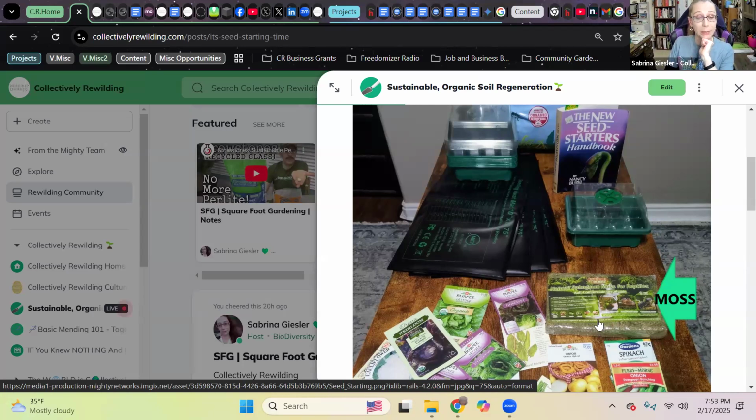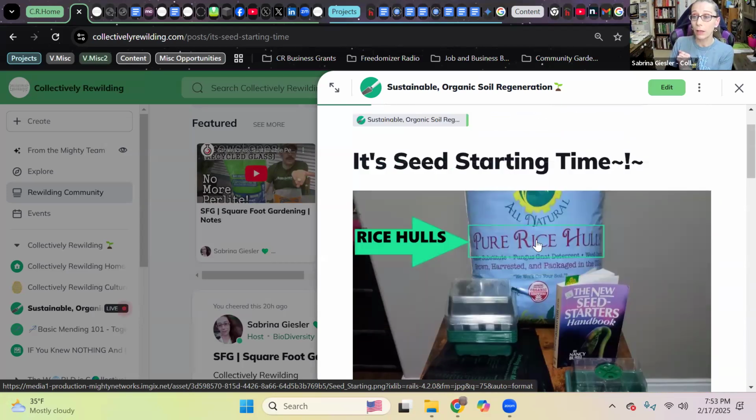So for now, I had to buy some dry sphagnum moss that will break down slowly and replace peat moss in the Mel's mix. For CR's mix, we'll be using this sphagnum moss here, along with rice hulls and compost. Our compost, we're not changing the ideology at all from what Mel's mix is.